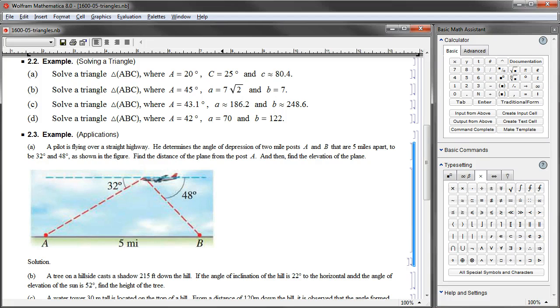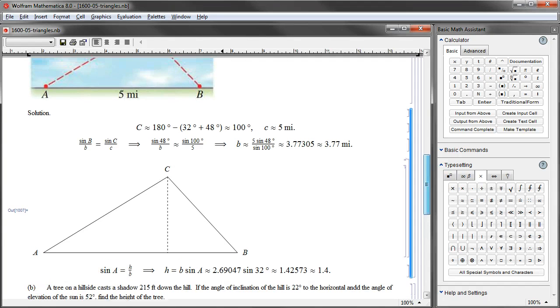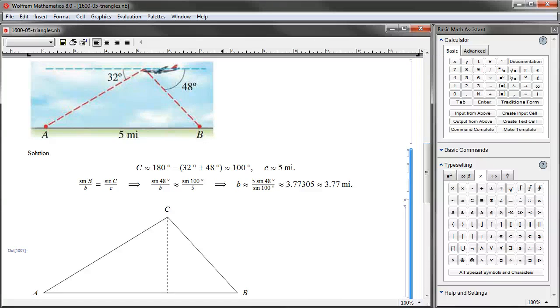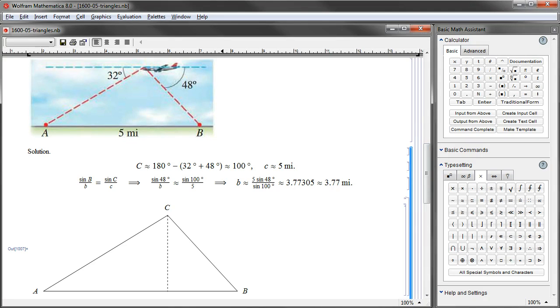Okay, here's the solution. And by the way, here is a simplified version of the picture there. Let's call the cockpit of the airplane C. Then we have triangle ABC. And small c, the length of the side from capital A to capital B, is 5 miles. And the angle capital A is 32 degrees, and the angle capital B is 48 degrees because